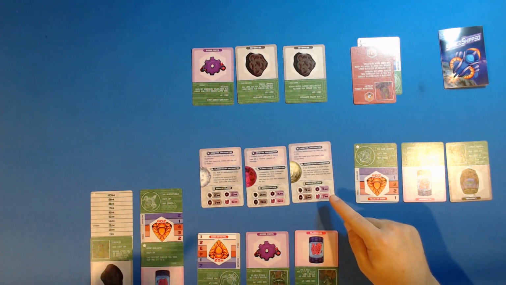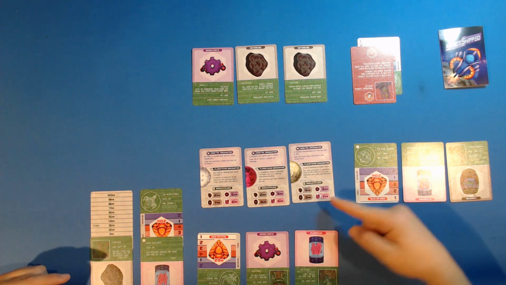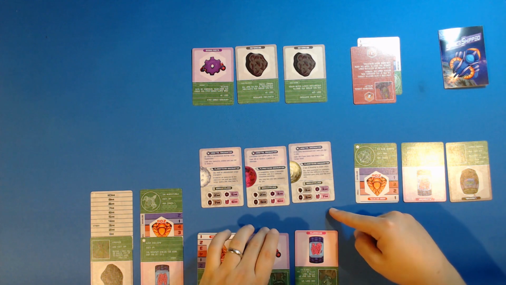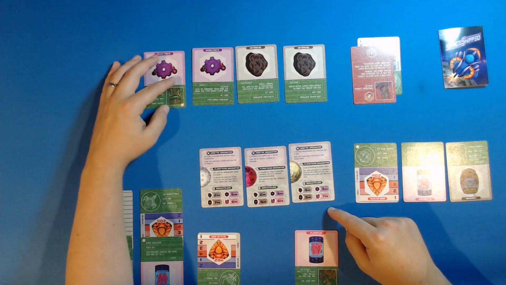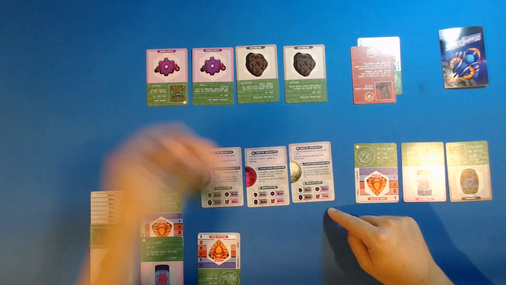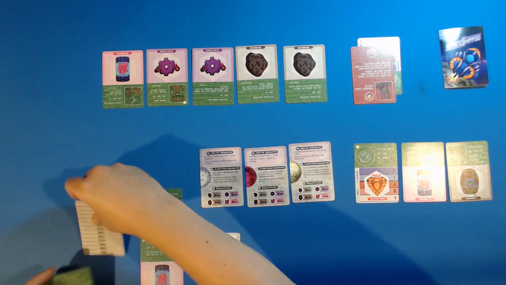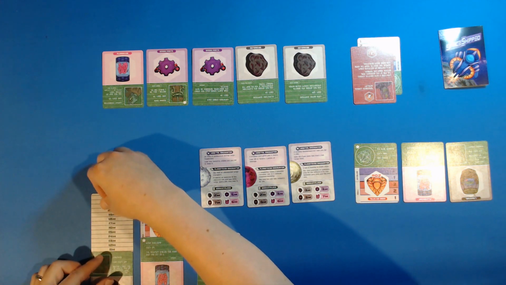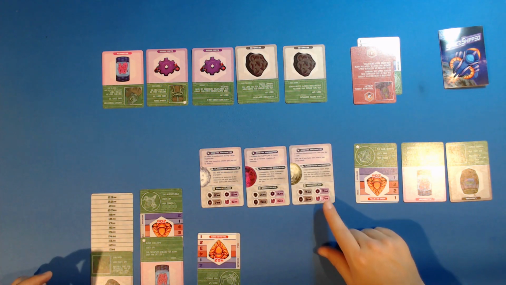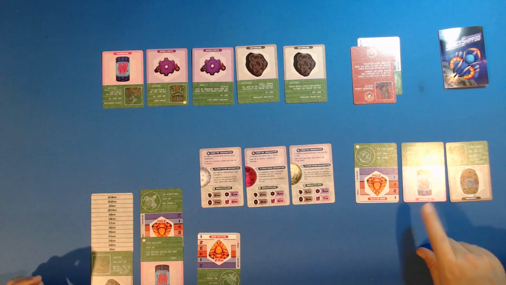Market phase. Engineer is going to repair my ship 1. Now I can sell things. I'm going to sell my spare parts for 3. 1, 2, 3. I'm going to sell my pluranium for 7. That brings me up to 11. We're still in this game. Anything else I can buy? I could buy